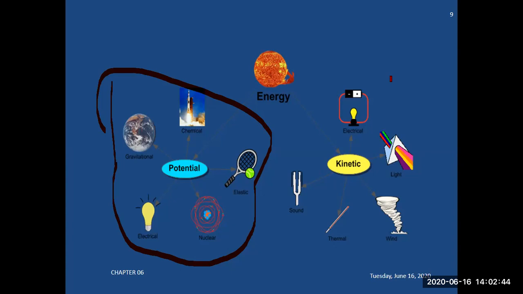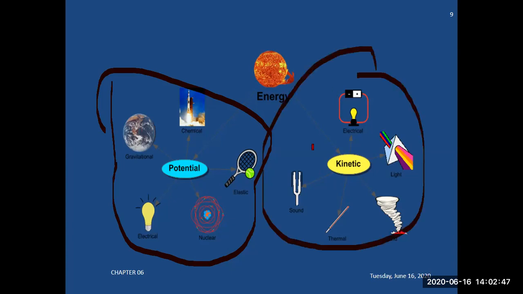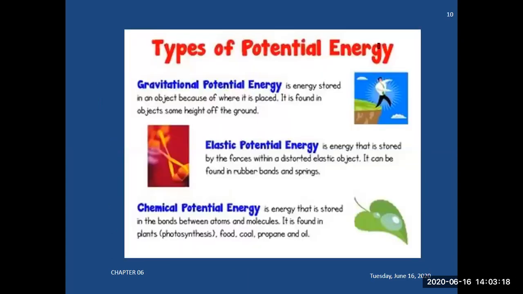But what about kinetic energy during motion? These prongs move, so due to motion, they have kinetic energy. A thermometer having mercury, it starts moving, rising up due to heat, and that is kinetic energy. And here are a number of other examples. Electrical, due to the motion of charges from the battery to the bulb, the light. These are the different examples to understand where there is molecular motion, and it results in kinetic energy of the objects.